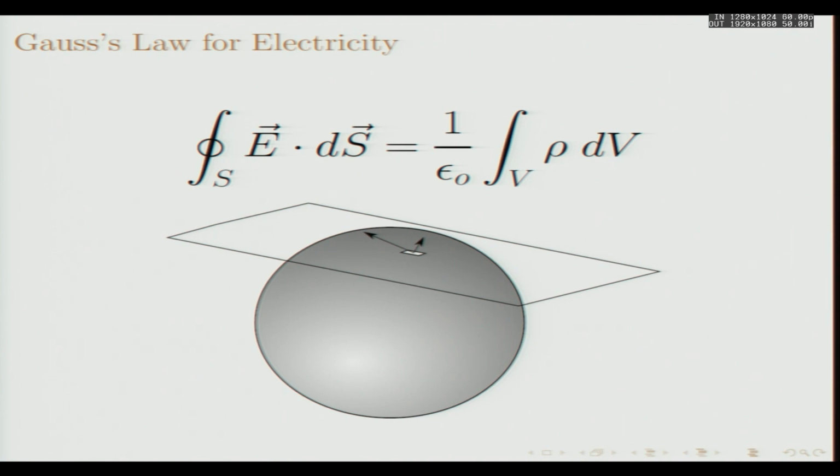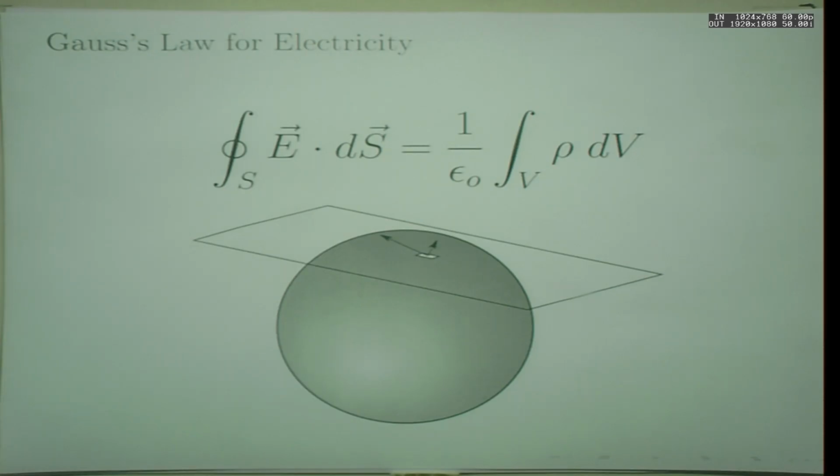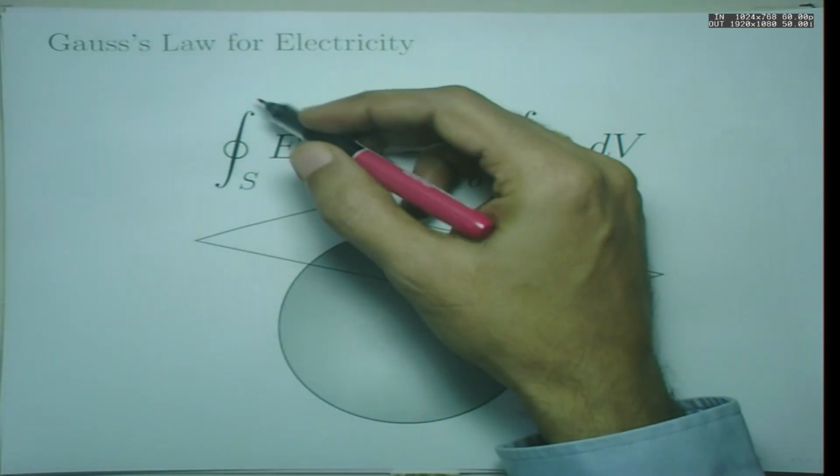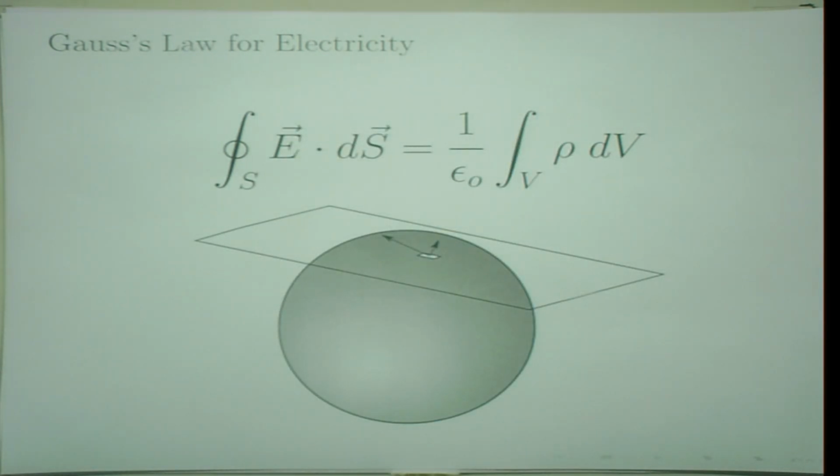Let us look at this slide here. What does this mean? You will find that this is the symbol for a surface integral. So, the surface integral, what does it mean? You take a closed surface. In fact, this round circular symbol means it is a closed surface. Here I have shown a sphere, but it is not necessary to have a sphere. You can have any closed surface. It could be an ellipse or any slightly irregular shape, but it should be a closed surface. You take a closed surface, you find out what the vector E is at every point,